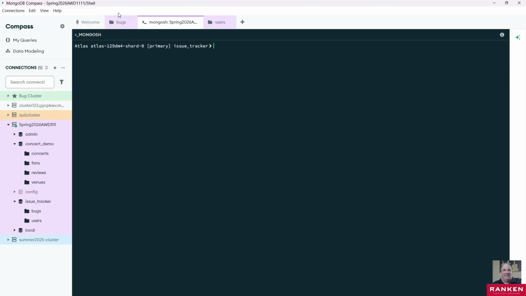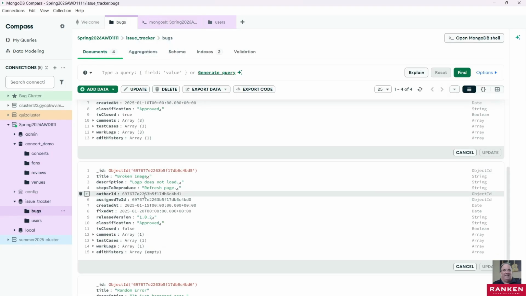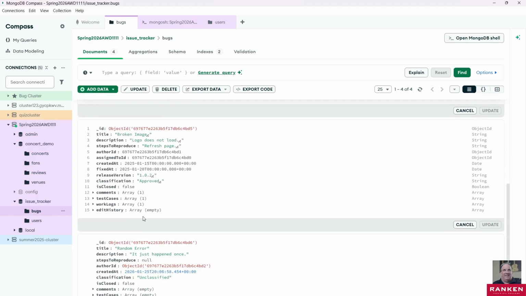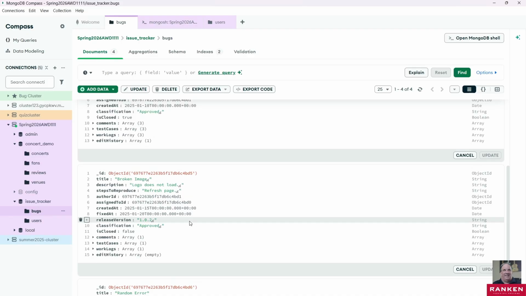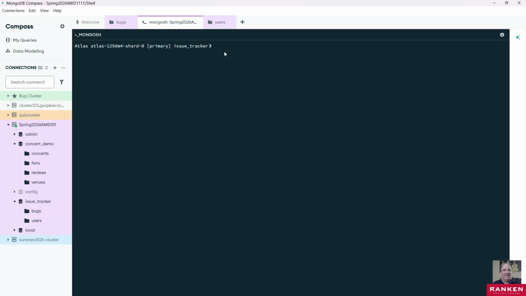Now the fixed one is just has, and it all depends on how you create your data. And like I said, you are flexible to do things kind of what you want a little bit. In this kind of data, how it's set up is you've got a fixed at. So you've got a date object, right? So some of these others don't have anything, right? They don't have any fixed stats. So what you have to do in this case is make sure to see if this fixed at exists. If this fixed stat exists, then you know it's been fixed, right? So what you can do on this one